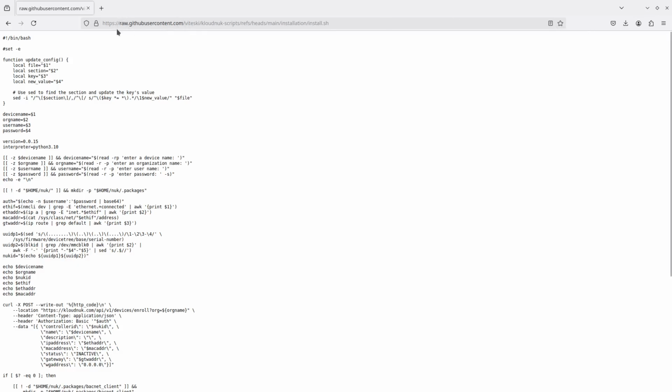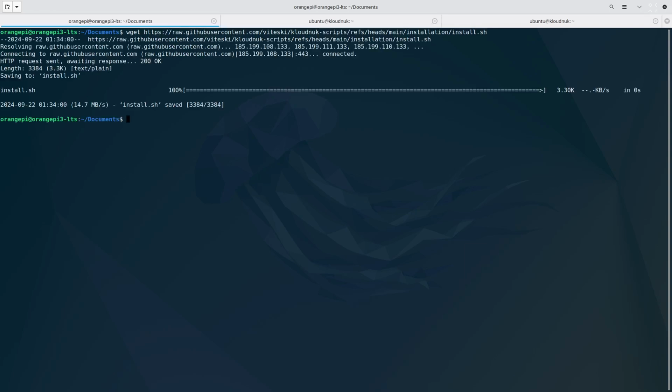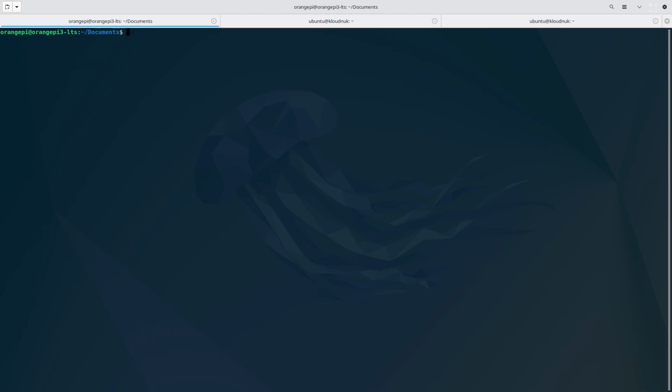And all we do is copy. You can get to this raw HTTPS URL from the project on GitHub, and then here, if you have wget, all you do is that, and it saves. You can see we have all four scripts there, and so all we do now is we want to go ahead and create